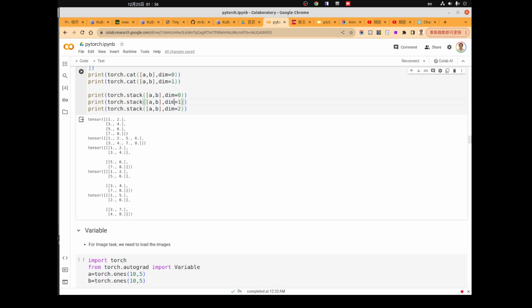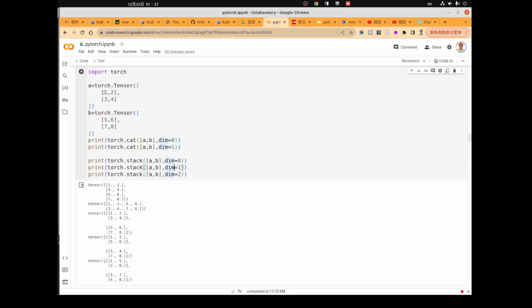But if we stack them in dimension 1, it means that we will stack this one and this one, this one and this one. So you will have 1, 2, 5, 6, and 3, 4, 7, 8.